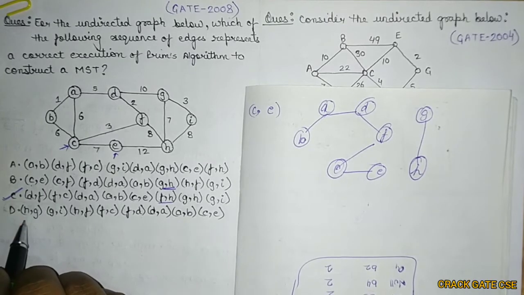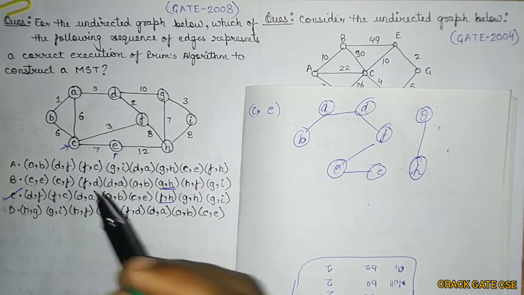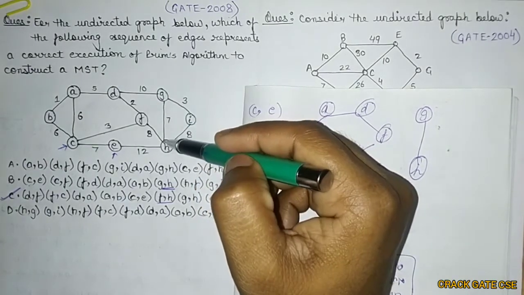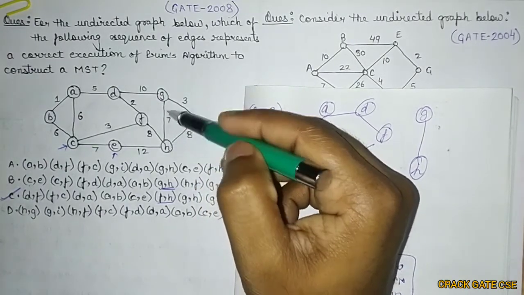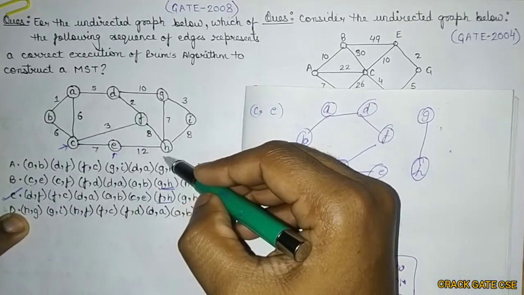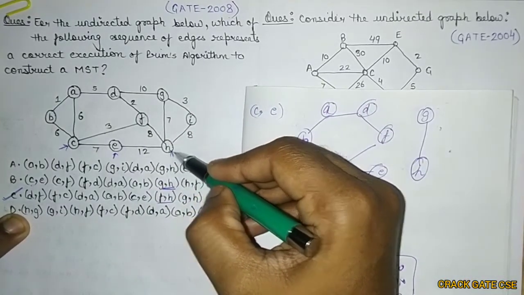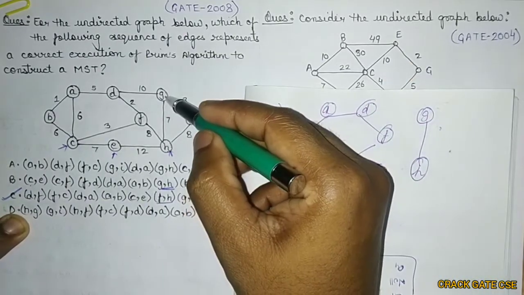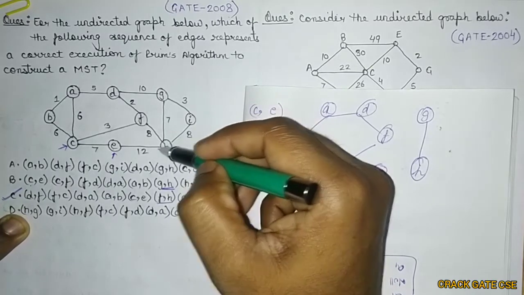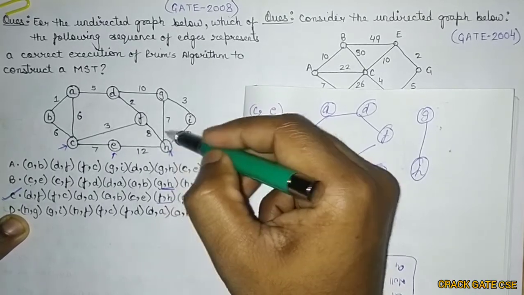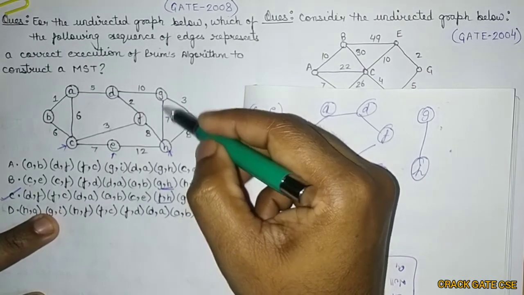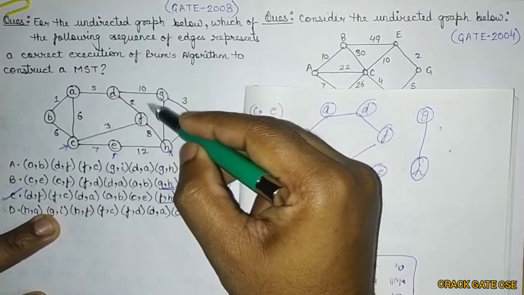So they have started from H or G. So GH is the minimum in G adjacent and H. No, sorry, it is not minimum. If they have selected H as a vertex, then GH is right, because for H there are 4 values and 7 is minimum. So this is right. Next, after going to G, we have to select the adjacent of G.